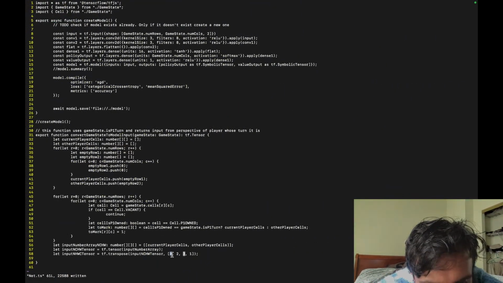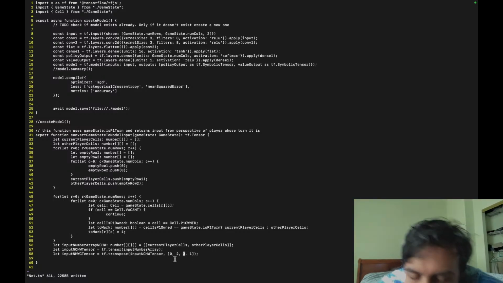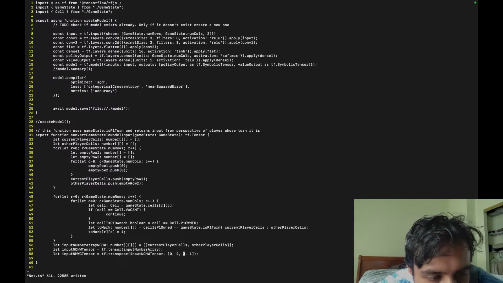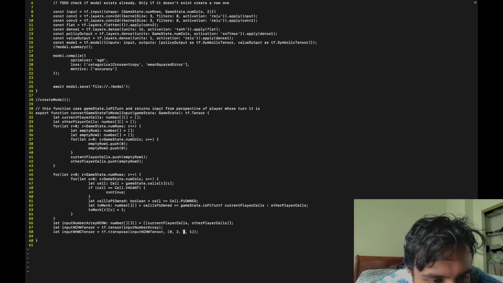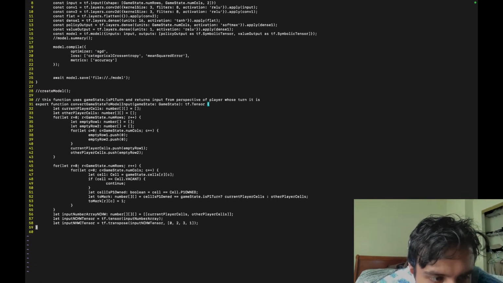Anyways, the point is 0 is the number of samples, then 2, 3 for the number of rows and columns. Basically we have 0, 1, 2, 3 and we just plop 1 to the end. That's really all that's happening. We just return this one and we're done. There's nothing more to it.